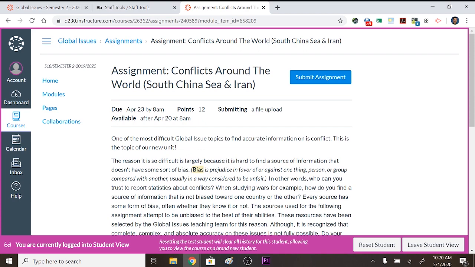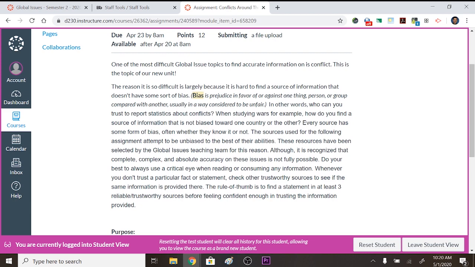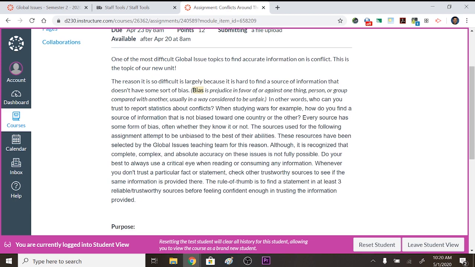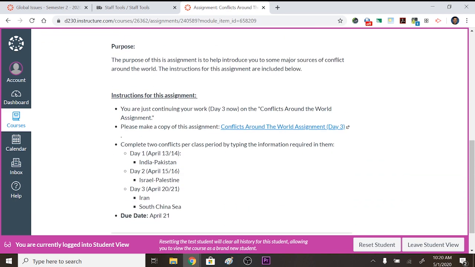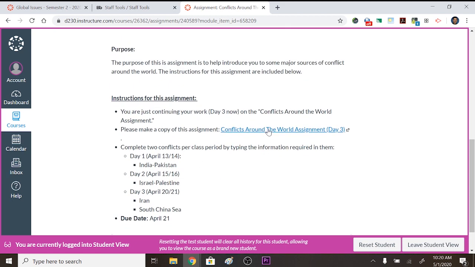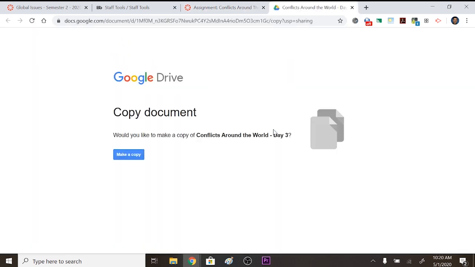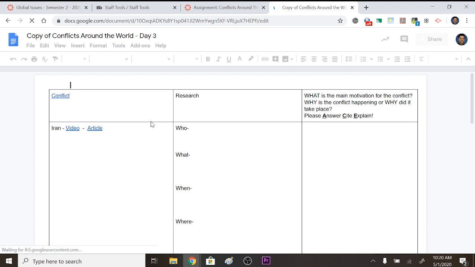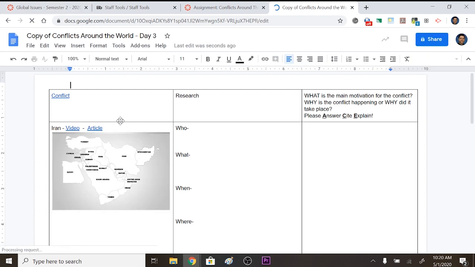Click on it. It tells you the due date. It gives you the directions, the purpose, and what to click on. So you click on the link here. It says make a copy of the documents, and students make a copy. For this particular assignment, you're just watching a short little video, usually about 5 minutes, and reading a short